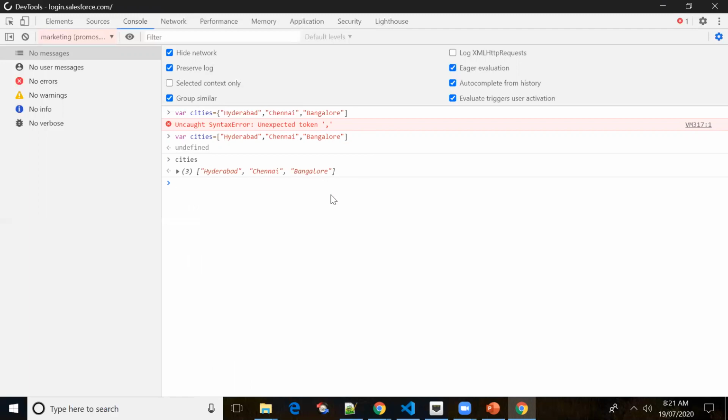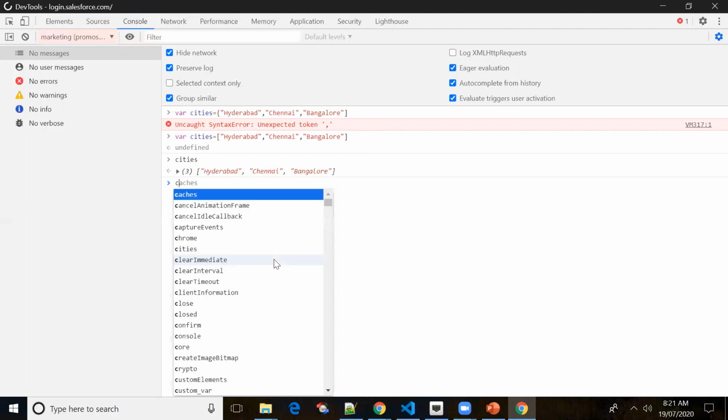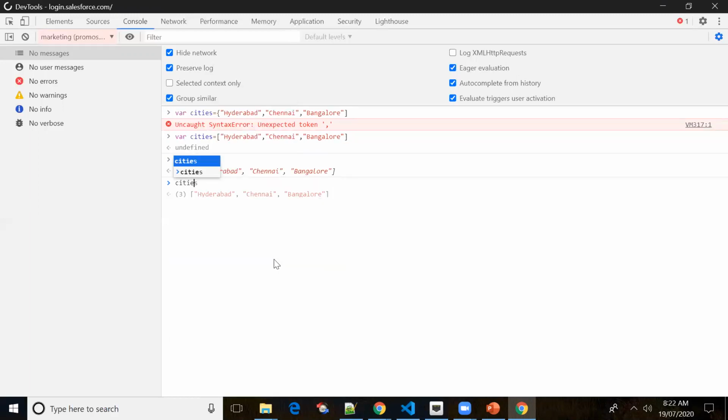Now I want to add one more city to this array. I'm using the reference variable, cities dot push. I just want to add one element to the array, so I'm pushing one value. If you execute this code, Pune will get inserted at the end of the array, not at the beginning.